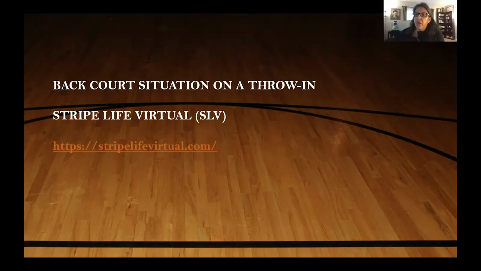Somebody commented, does that rule still apply? It doesn't matter where the throw-in is, right? They're asking, does it apply if it's from the end line? Correct. Good question, absolutely. It doesn't matter if it's on the sideline. A lot of people say that because the ball is in the front court out of bounds, it has front court status. It's a throw-in. It doesn't matter if it's either sideline or the end line, it's a throw-in. So it doesn't matter where the ball's actual location is. If it's on a throw-in, then it applies no matter what.